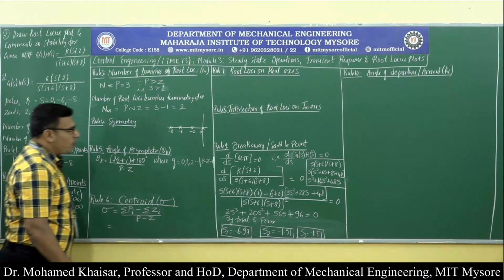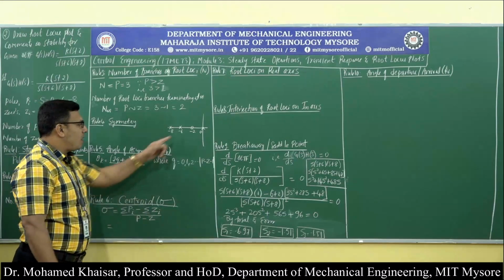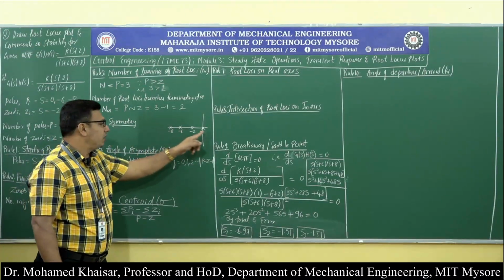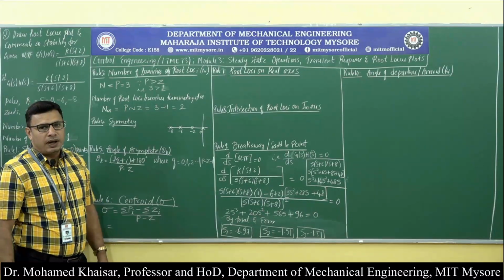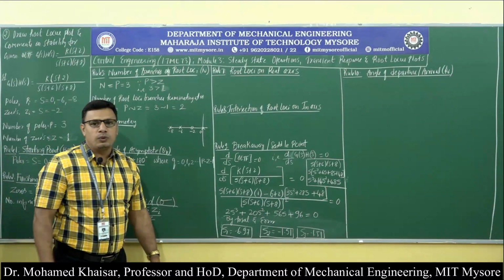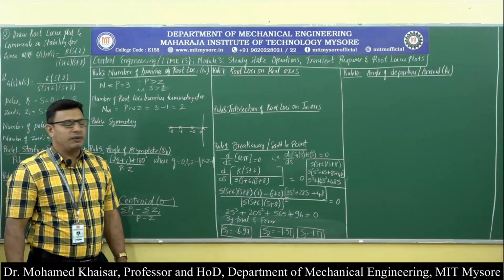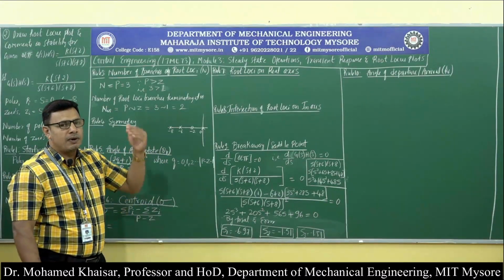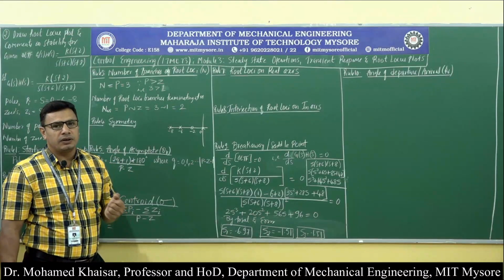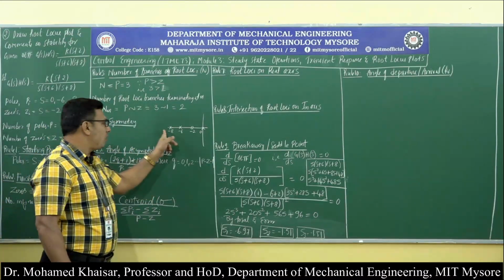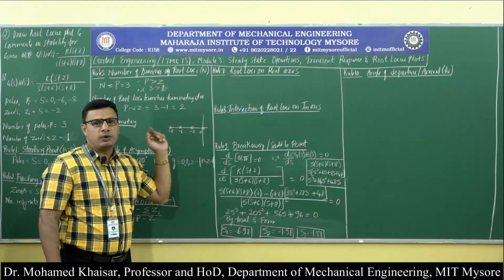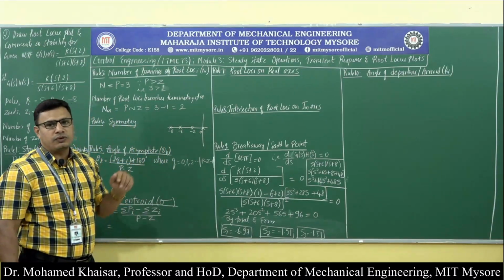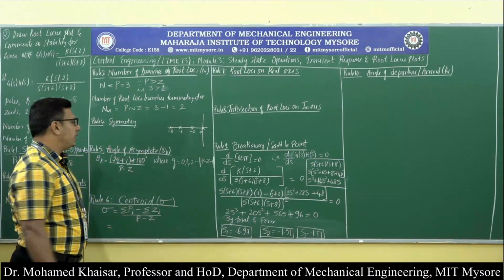Now, what we can see here is all the poles and zeros of the given open loop transfer function lie on the real axis. And as we know, the branches of root loci will always go in pairs, one above and one below. There will be more or less symmetric. Now, since all the poles and zeros of the given open loop transfer function lie on the real axis, the root loci will be symmetric about the real axis.